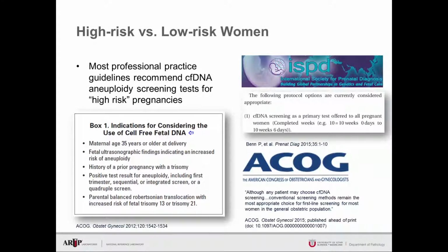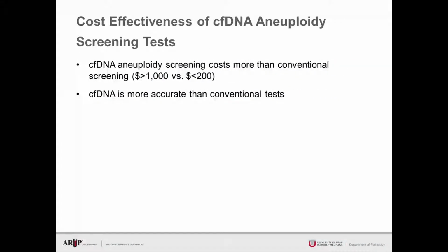ACOG also updated their guidelines, and whereas they previously discouraged cell-free DNA testing for the general obstetrical population, they now state that these individuals should be able to choose that type of testing, but ACOG still encourages the use of conventional screening tests, that is biochemical tests, as the first-line screen. ACOG's reluctance to recommend cell-free DNA testing for all women includes the lower positive predictive value in low-risk women and the limited data on cost effectiveness. And that's an important concern,